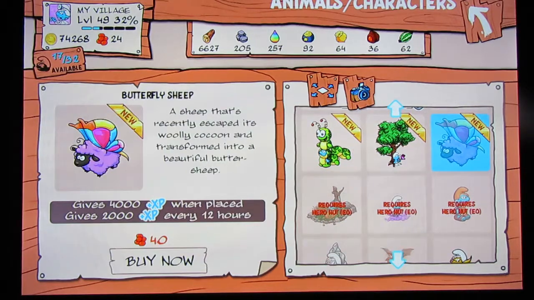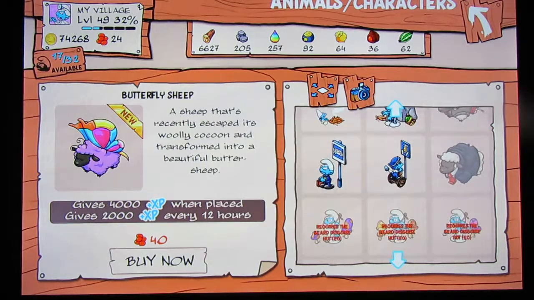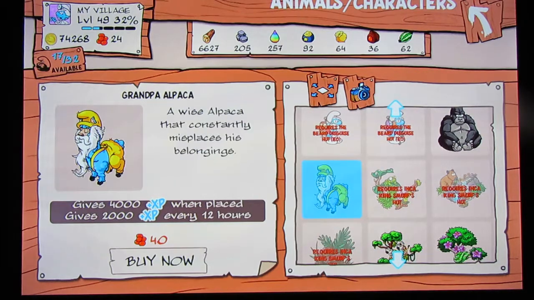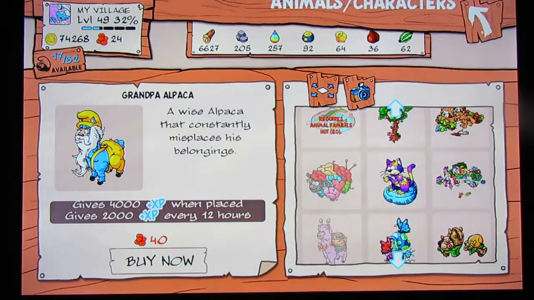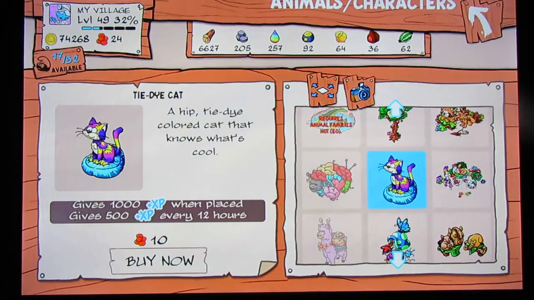You know, this is what they're doing for the new Grove update, a butterfly sheep. And then we got the hero stuff. Grandpa alpaca. Wow, that's some weirdness right there. I don't know who likes the alpacas, but